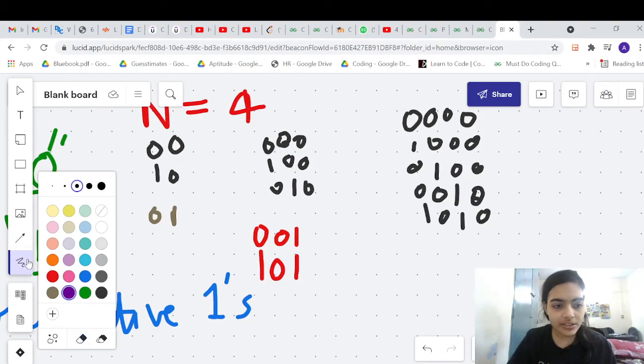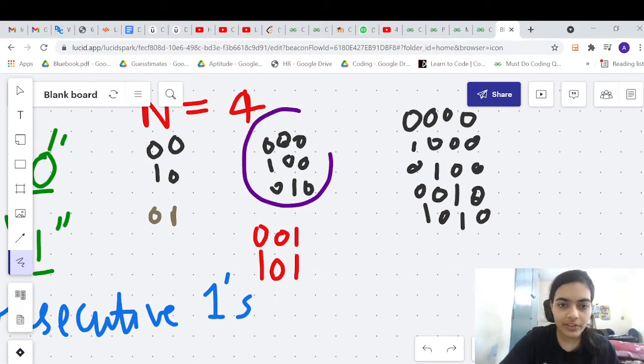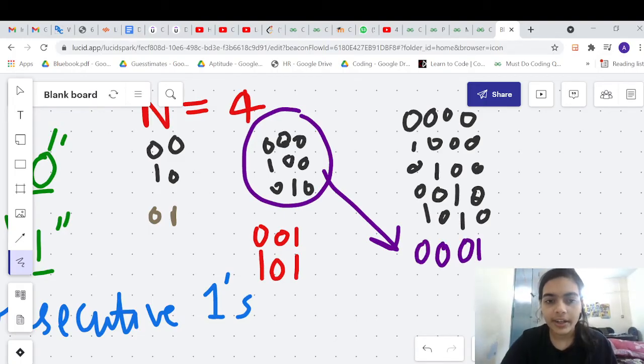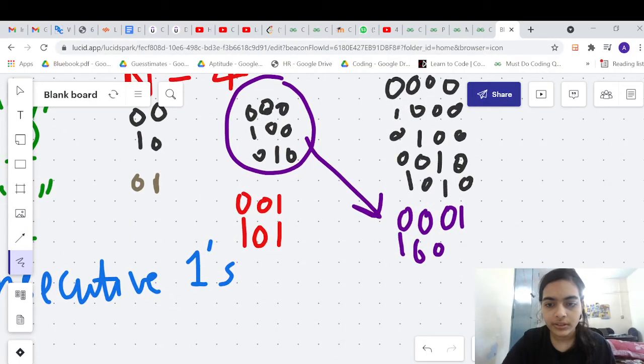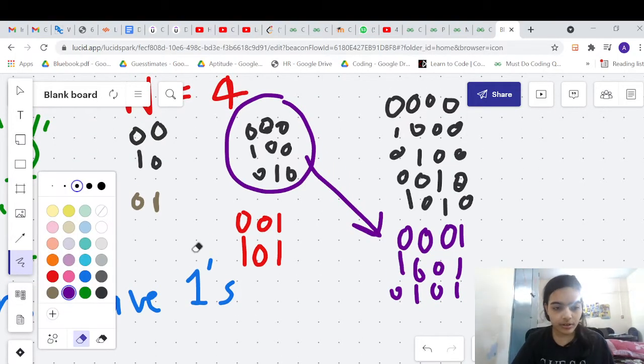But for these strings, you cannot attach 1 at the end. If you attach 1 at the end, they will cause a problem. You will get consecutive ones, right? So while building these strings, we will not attach 1 to them. We will take only the strings ending with 0 and attach 1. That is okay, right? So let me write it. So all these strings are valid strings. Okay, so you can see that we are building up the logic.